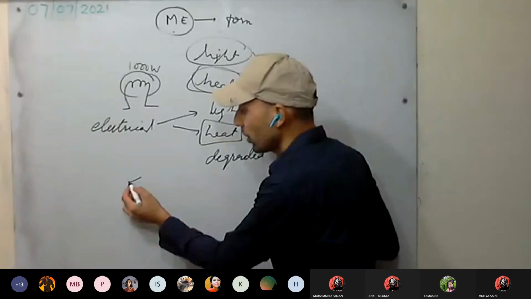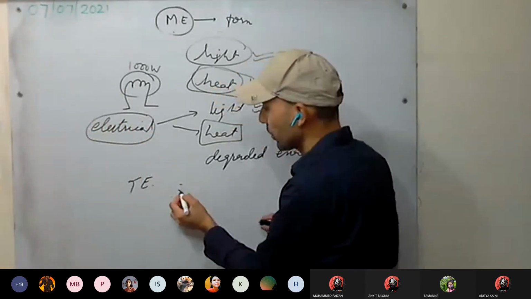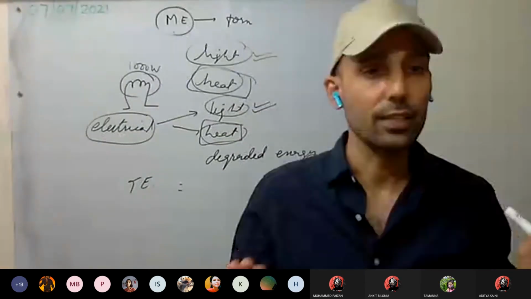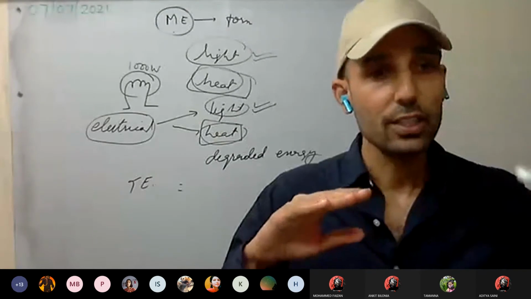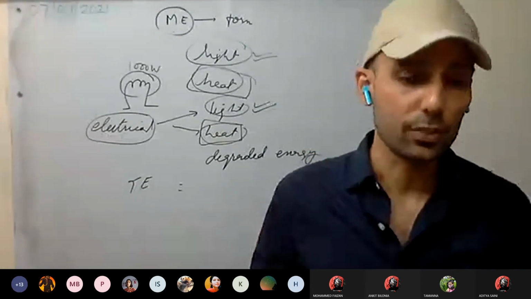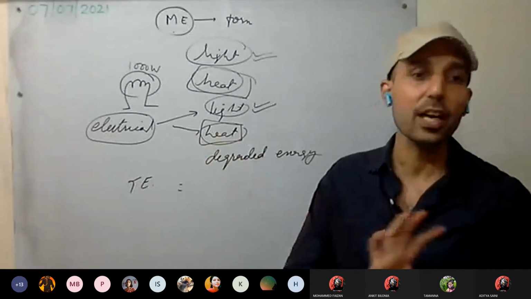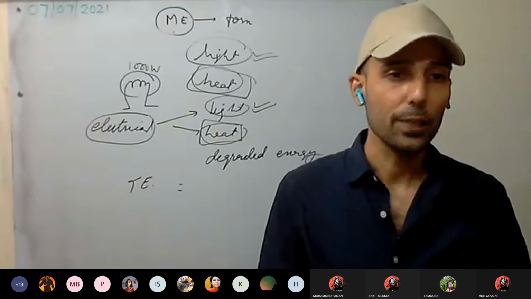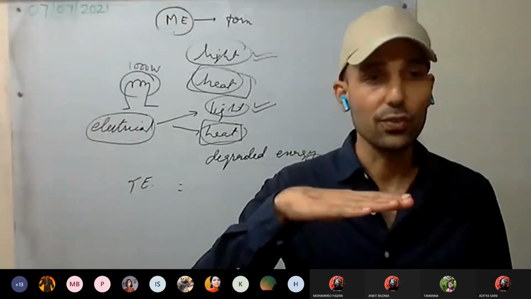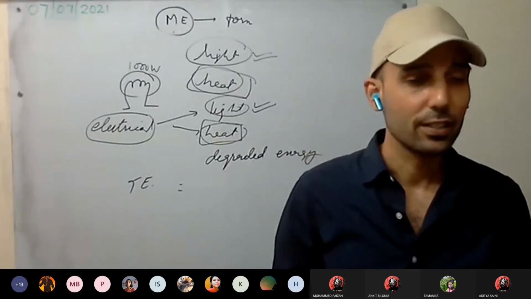Now the total energy, or the law of conservation of energy: the amount of electrical energy will be equal to light energy plus heat energy. Yes or no? Energy is always conserved. That is, one energy can be converted into another form of energy, but energy can neither be created nor destroyed. This is clear. So this is the degraded form of energy, the unuseful form. Or for example, you bought a fan and it is making a lot of sound. The sound energy is the unuseful form of energy. It must rotate, that's the useful energy. This is clear.